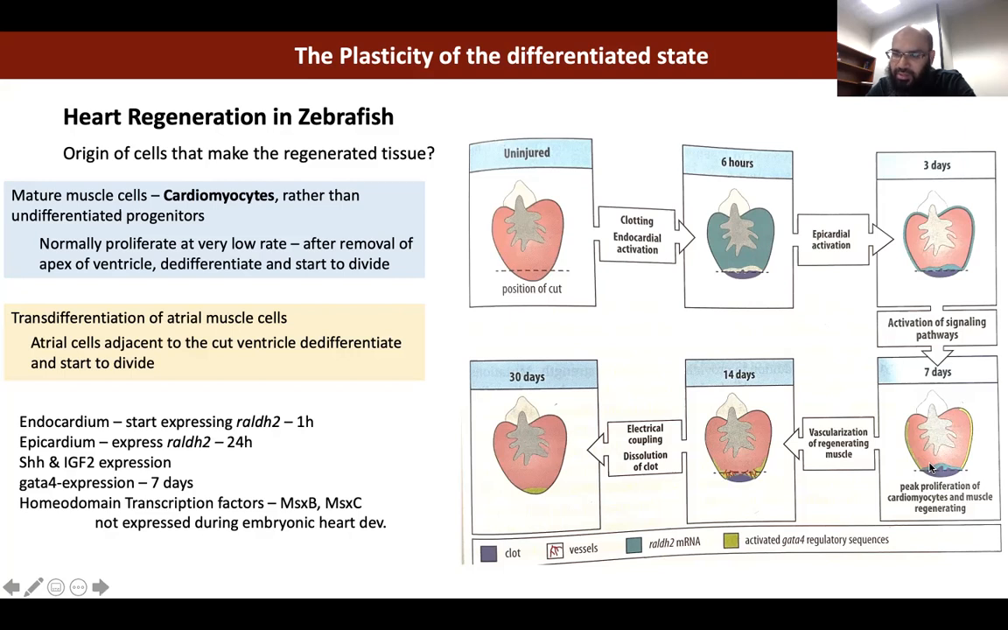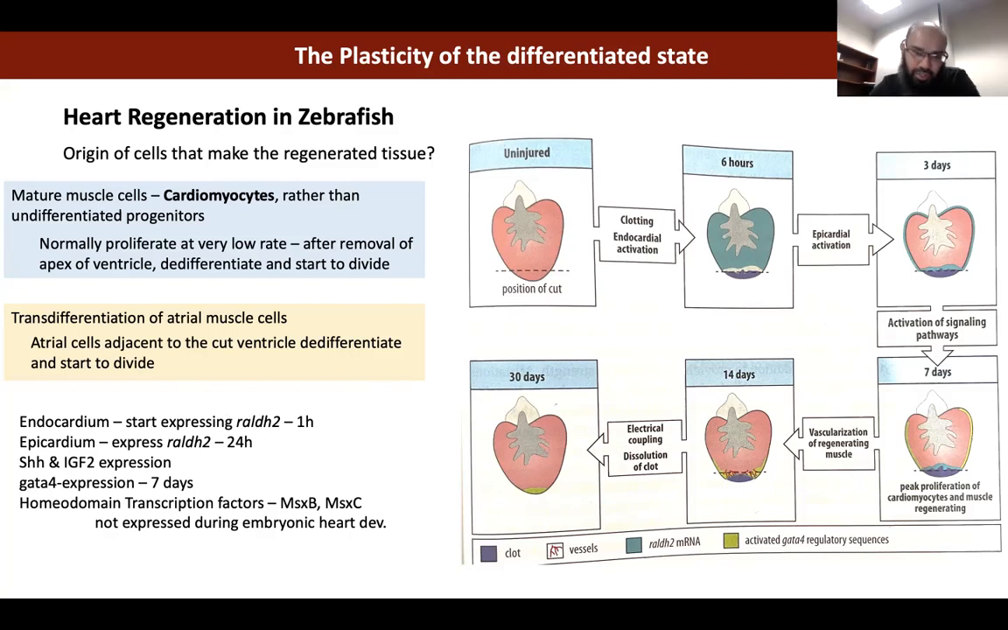After this, the wound tissue starts vascularizing, and the blood vessels start to develop inside this tissue, and then there is final electrical coupling of the tissue and dissolution of the clot. And this regeneration is dependent on complex signaling mechanisms. First, you saw that there is a retinoic acid synthesizing enzyme that is expressed both in the inner and outer layers,